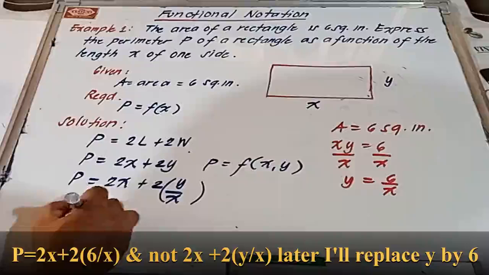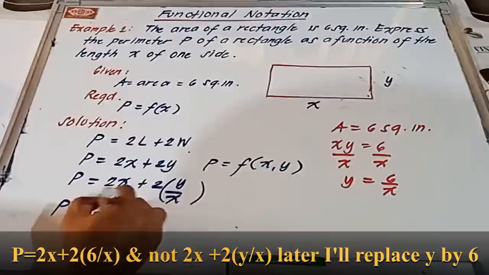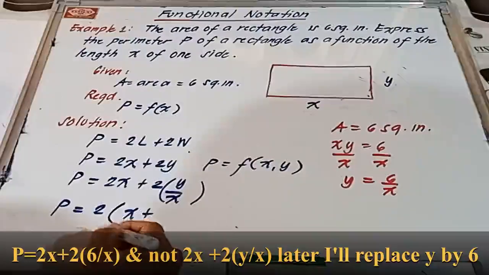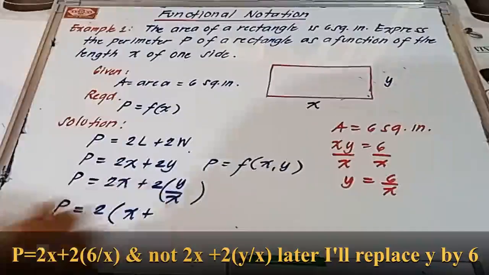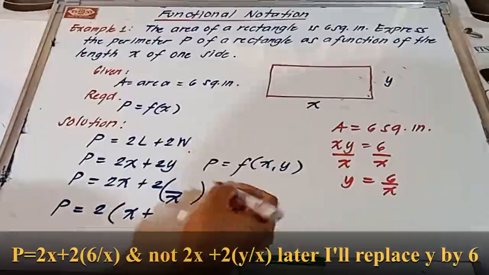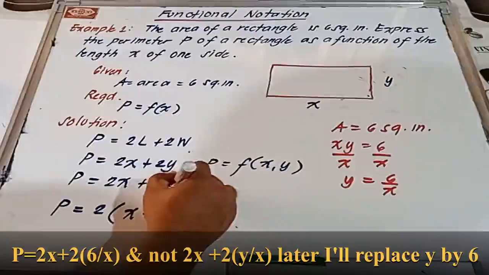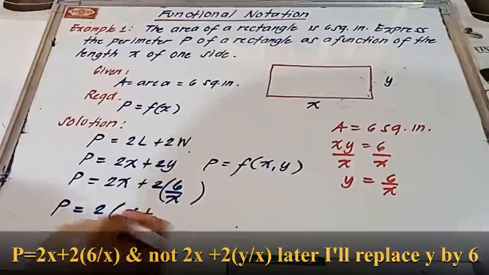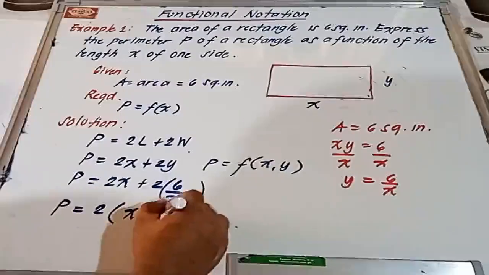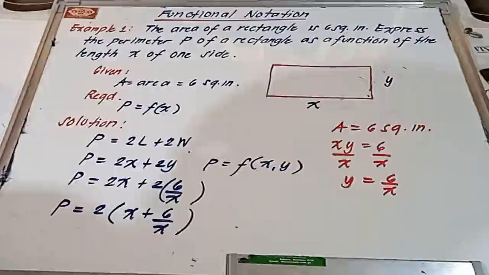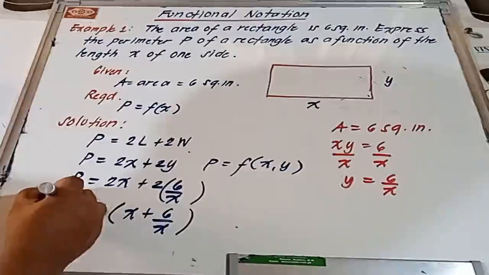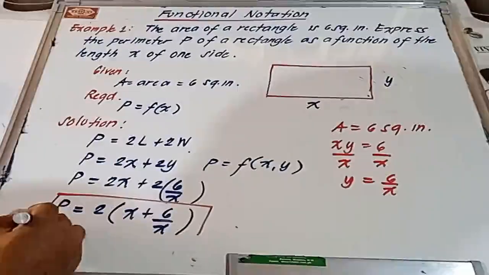So, we have p equals, we can factor out 2. 2x divided by 2 is x. Sorry, it's my mistake. Y is 6. Okay. Sorry. 6 yan. 6 over x. Okay. So, factoring out 2. 2 times 6 divided by 2 is 6. 6 over x. Okay. So, therefore, our answer is